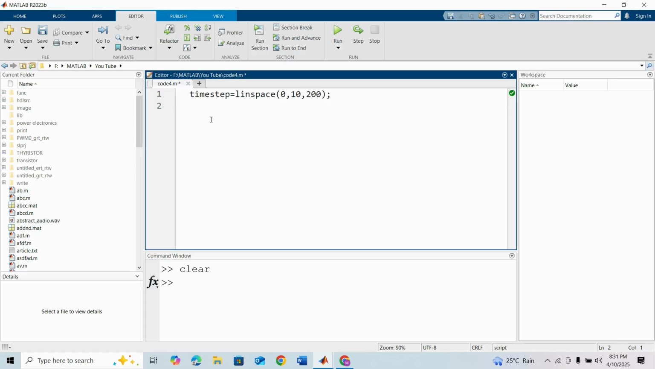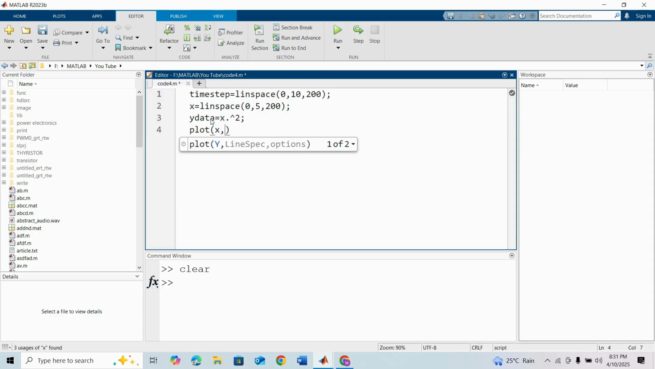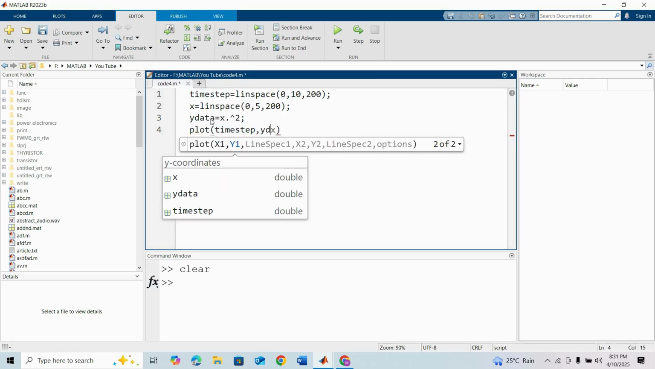I will generate this, and for that we need an intermediate variable like x equal 0 to 5, values like 200. Okay, and this is the data values, y data, and this will be like a parabolic signal. Okay, and I'm plotting this for your visualization. So x value will be time step, and y data. Okay,